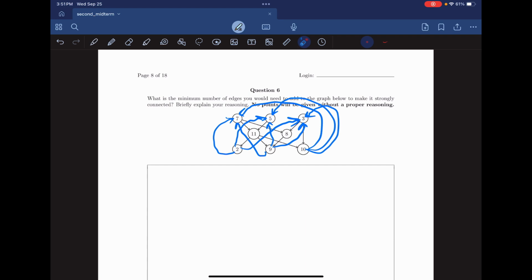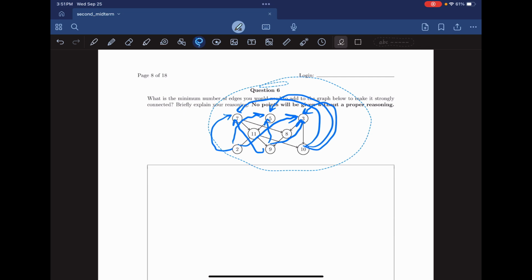Can you get to any other vertice on the graph? Yes, that's true. The issue with this is that it's not the most optimal way to place the edges so that we have the minimum number of edges to get to a strongly connected graph. The way that we get to a strongly connected graph with the minimum number of edges is that we want to have the minimum number of out degrees and in degrees added to these vertices. And we can accomplish that in a much simpler method